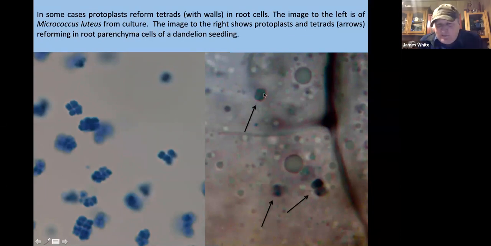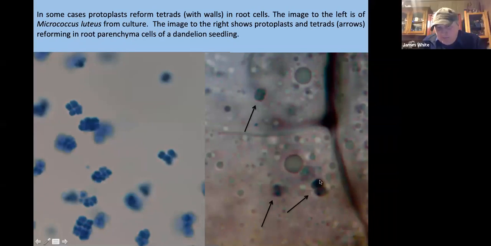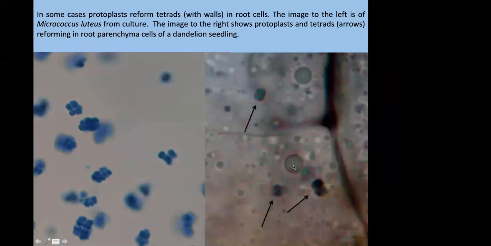And here is actually inside one of the cells. And I think this is a dandelion. Actually, that's one of our test seedlings, dandelion, another weed. And you can see these little structures out here. These are actually the protoplasts. And here's one that's going back to tetrads. And you can see the 1, 2, 3, 4 parts. Here also, these are all these little things here. Those are all protoplasts. And you can see them going back to the tetrads now inside the